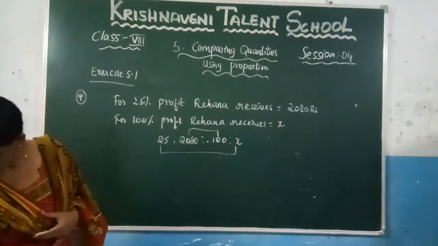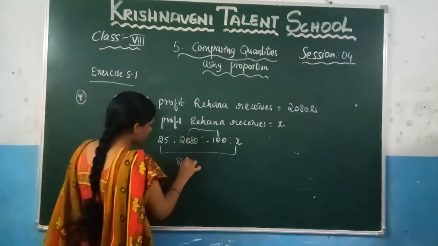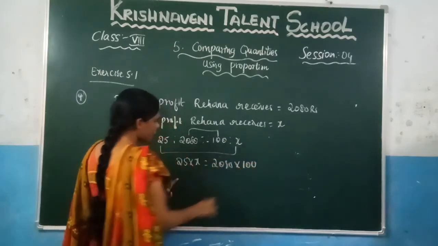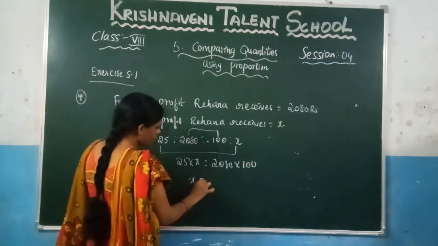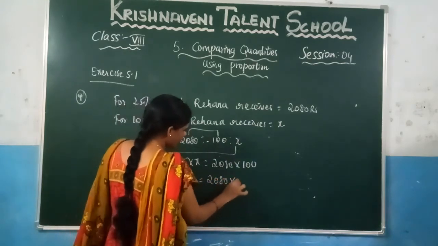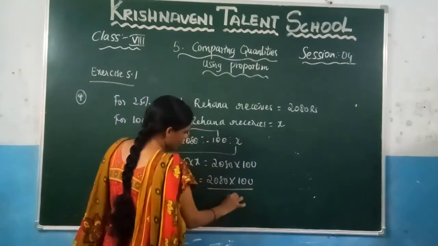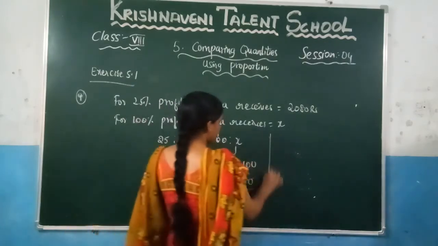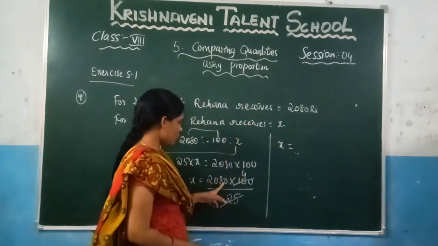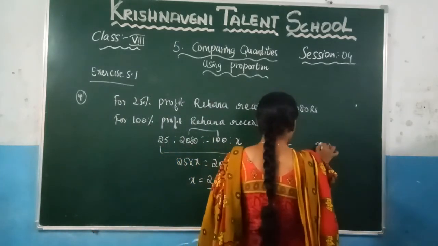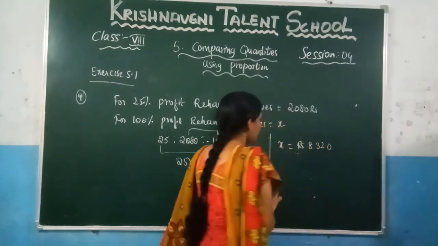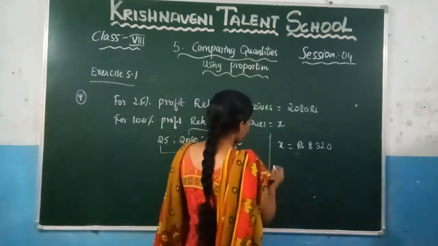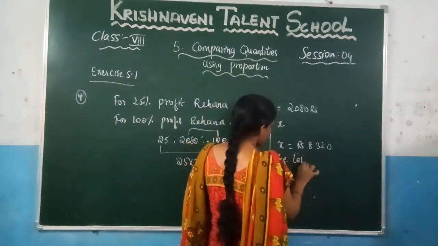So let us write it here. 25 into X is equal to 2080 into 100. Take this 25 to that side, it will become X is equal to 2080 into 100 by 25. 25 ones, 25 fours will get cancelled, just multiply. What you are getting here, X is equal to 4 into 0, which is 0. After calculation we got it as 8320. Just now only I have done. So write it here, therefore the total profit